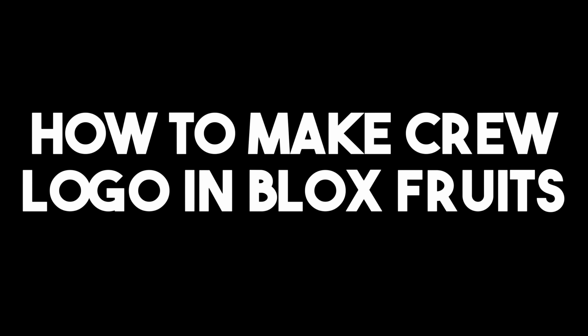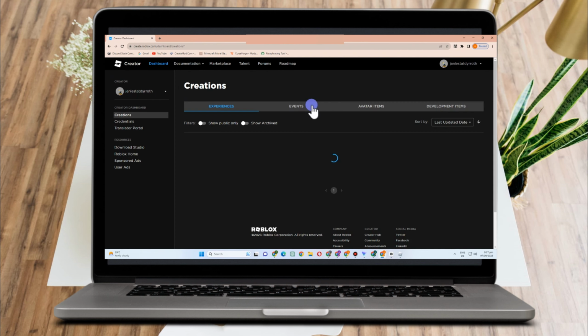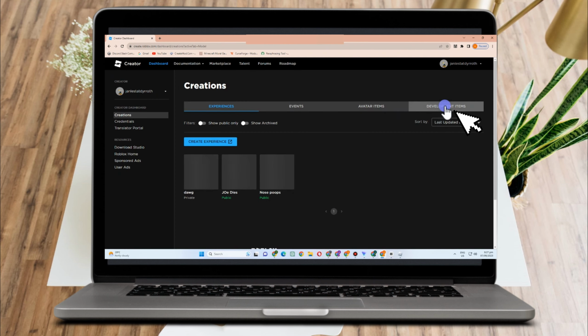How to make crew logo in Blox Fruits. So this is a very easy and quick tutorial. All you have to do is to tap create, and then here, next thing to do is to simply go